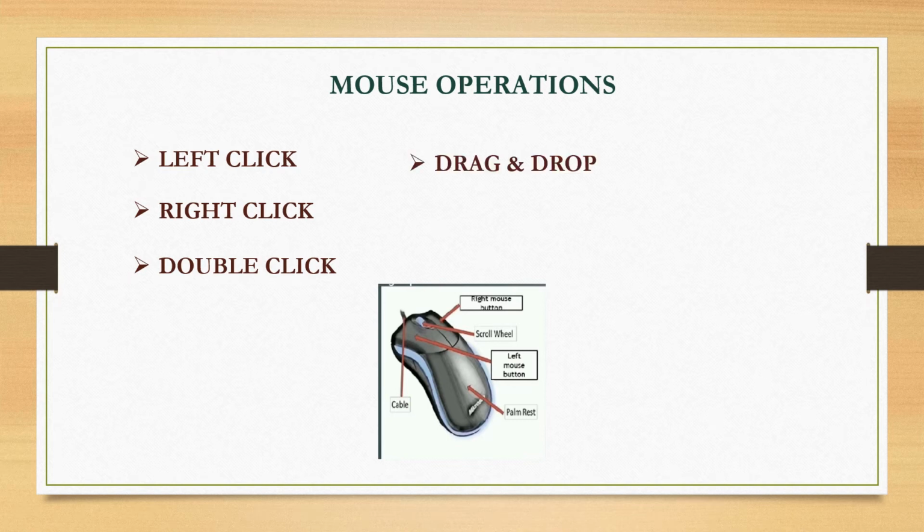Drag and drop. You can drag and drop many things using the mouse. To drag, just left click the mouse and hold it. Next, drag your hand and mouse pointer to where you wish and leave it at that. Dragging means moving of any item from one place to another. And the next one is the scroll wheel. We can move the scroll wheel of the mouse to view the hidden area of the screen. You can move the page up and down.